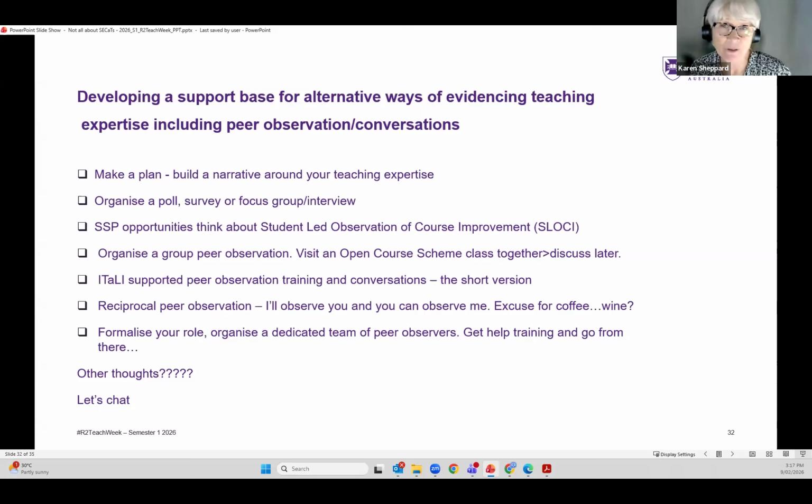And then you might want to formalise that role and build yourself a team of peer observers, and you can get help and training. So as an alternative method of developing an understanding around your teaching, we recommend peer observation, but are there any other modes that you can think of that you would like to pursue?